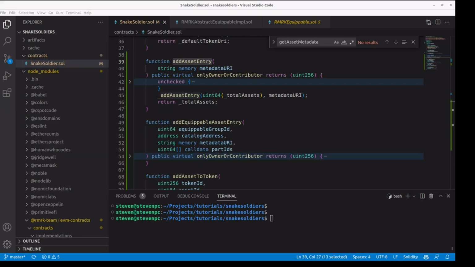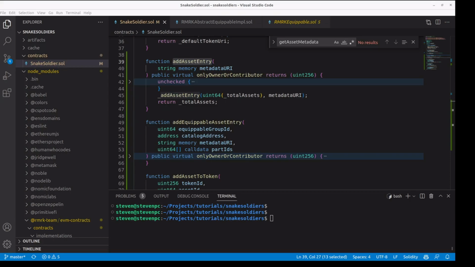You might wonder, why do we have the first 2 steps to add an asset to a token? Why not just add it directly? I'll explain with an example. Let's imagine this is a collection of swords and that there are 5 types of swords. The max supply of the collection is 1000. If we had a single step, we would have to store the metadata for the asset 1000 times. Storing data is the most expensive operation in Solidity, and strings may take several slots. With this 2-step pattern, we store the metadata only 5 times and then store a reference to the asset ID on the token's assets. Ints are much cheaper.